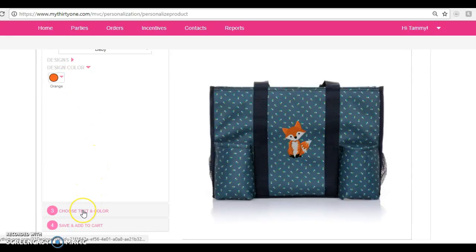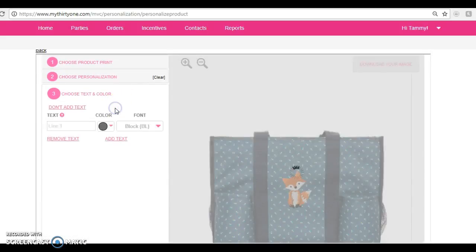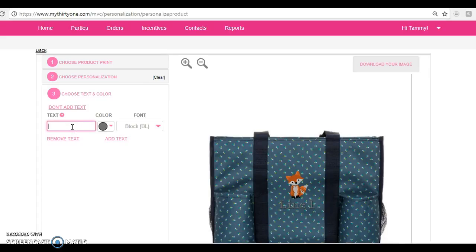And then I'm going to come down here. You can have just the fox, or you could have the fox with some text. Now it's the same price either way with the fox with text. So I'm going to add some text. You would just hit add text, and let's see, one line, I'm going to put Foxy Lady, okay, and you can see the color here is